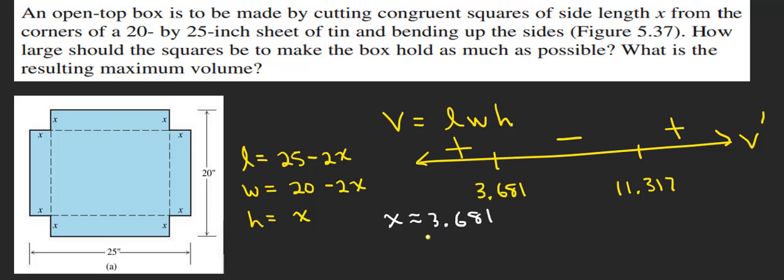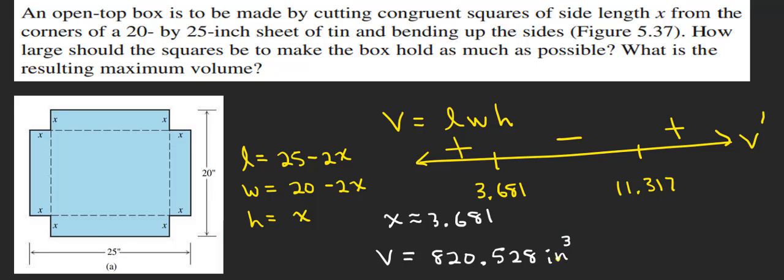And what is the maximum value when x equals 3.681? Well, you've got to plug it in and multiply L times W times H. And when you do that, the volume will come out to be approximately 820.528